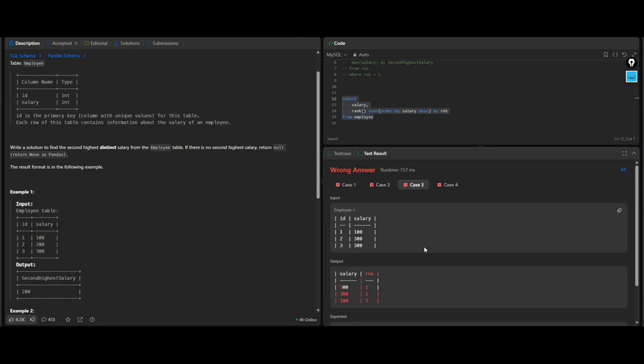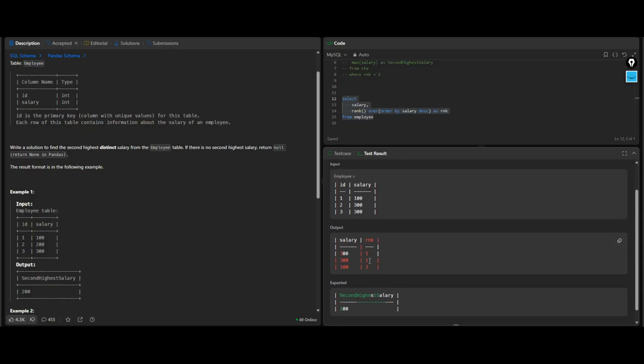In case 3 we were getting an issue. As we have used the rank function, it is skipping the rank 2.